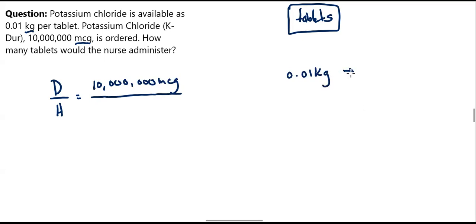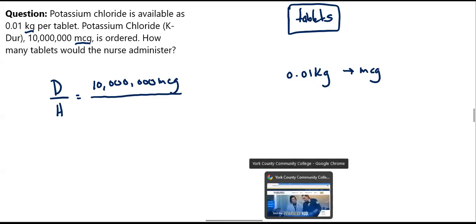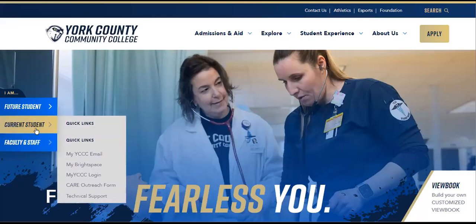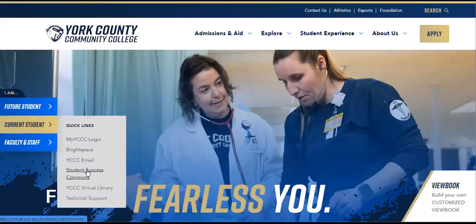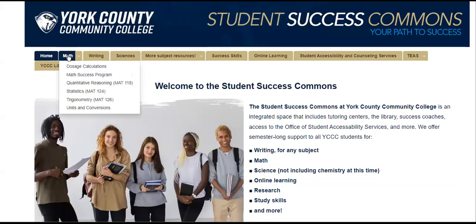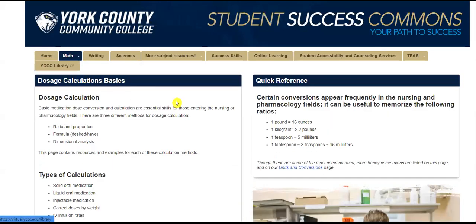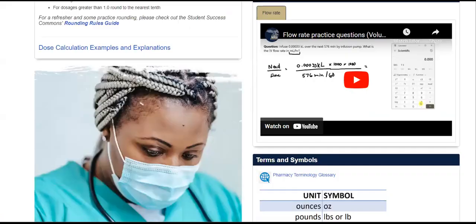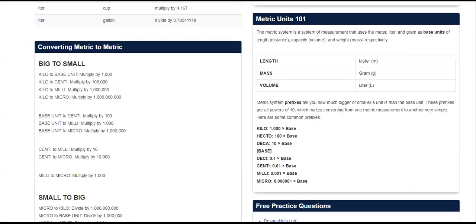Now I need to make this into micrograms. They have to be the same units in order for this formula to work. Now, if you remember offhand how to convert from kilograms to micrograms, awesome. If you need a little refresher, that's perfectly fine. Head to the Student Success Commons website. You can get there by going to yccc.edu first, then Current Students, Student Success Commons. We've got our whole dosage calculations page. This is being updated regularly, but you'll see a whole bunch of hopefully useful stuff, especially down here, converting metric